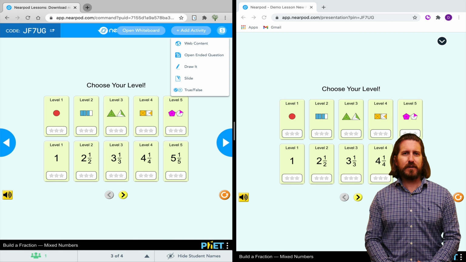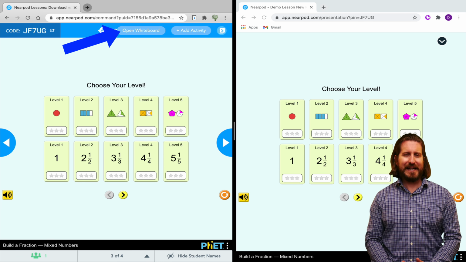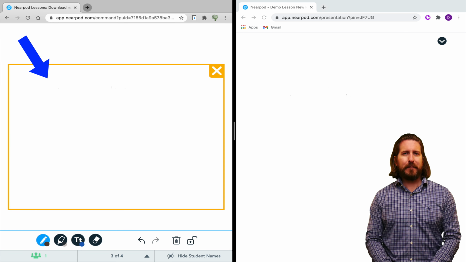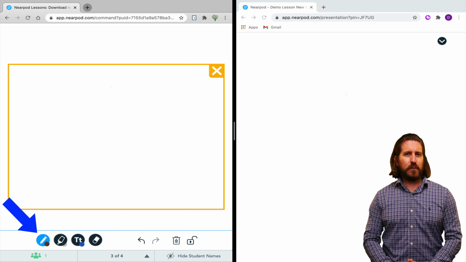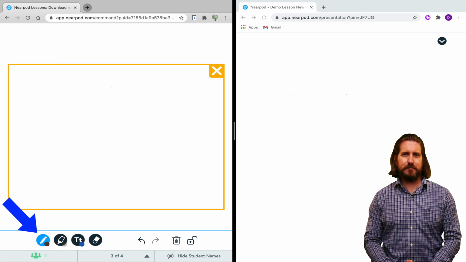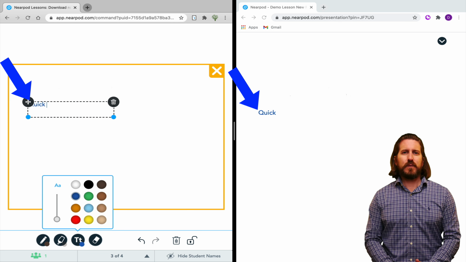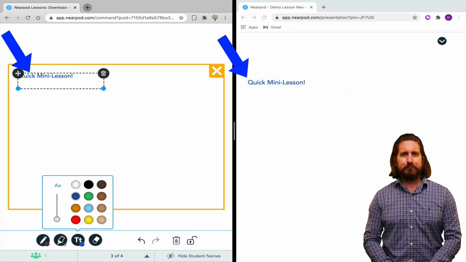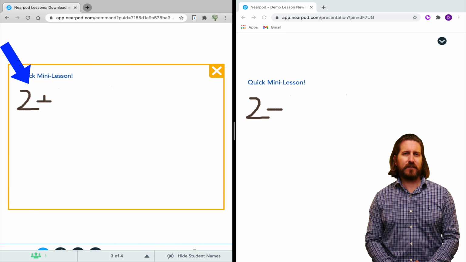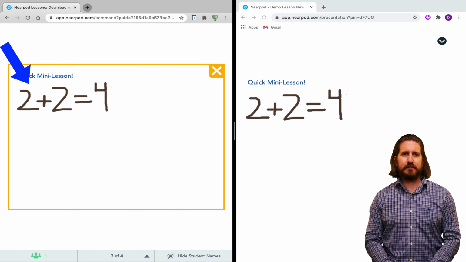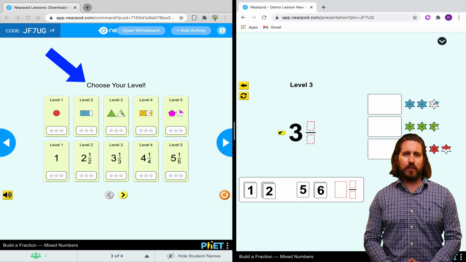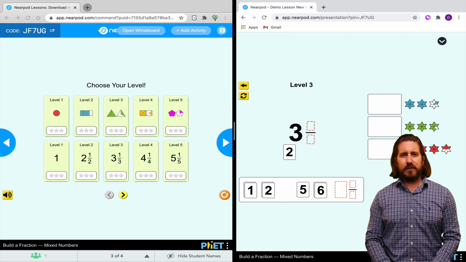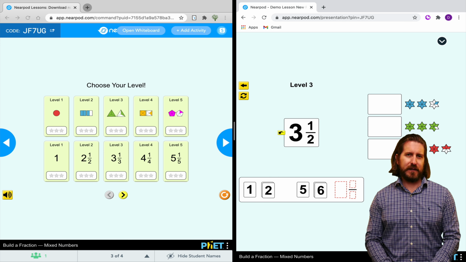Now, however, you'll see that you also have an option to open up a whiteboard at any time of the lesson. All you need to do is click Open Whiteboard, and a whiteboard will pop up on your screen as well as on your student's screen. Then you can use different annotation tools to type out text or draw on your board. And as you are adding to your board, students will see what you are teaching in real time. You'll also notice that right now this board only allows for teachers to write on it, not students. Then once you click X to close out the board, it will return to the Nearpod slide that you were just on.